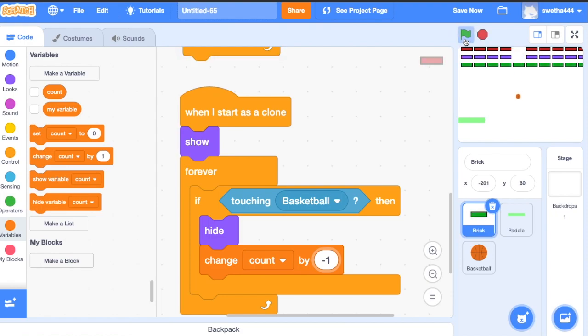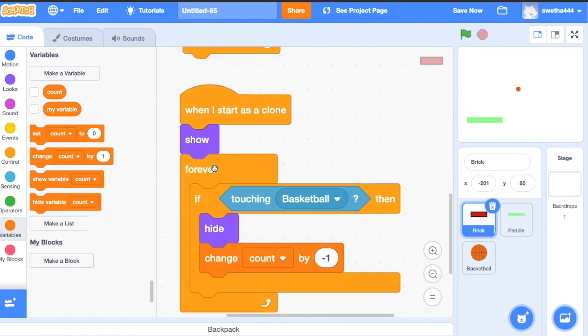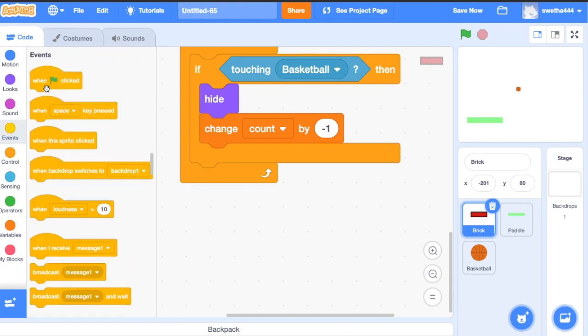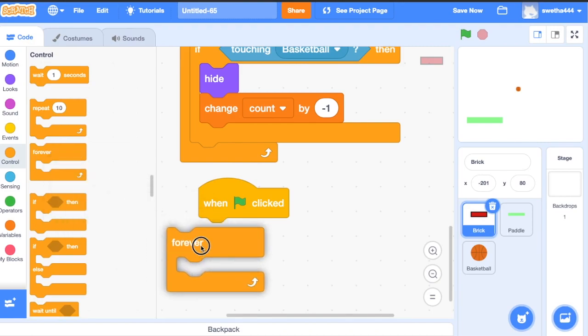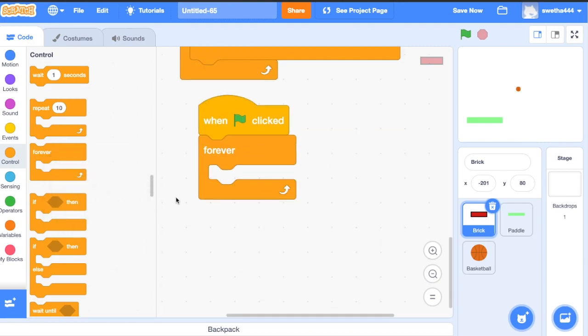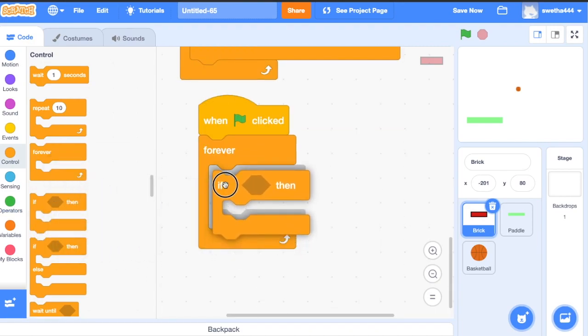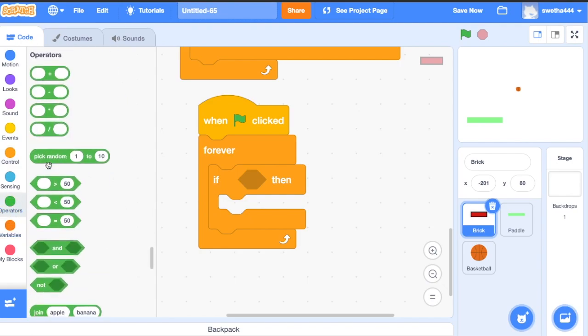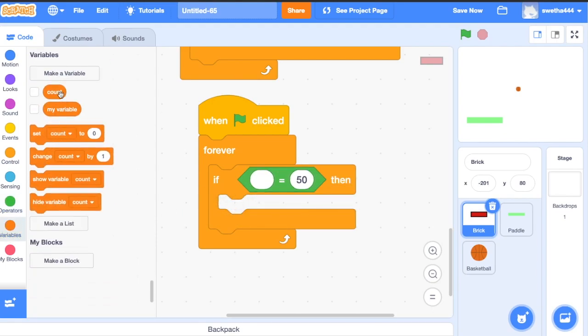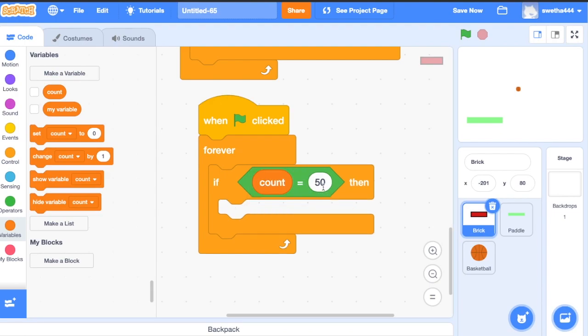Okay. Now, click on events, drag when green flag clicked, click on control, forever, and drag the if condition. If count is 0, what happens? If count is 0, then it indicates all our bricks are hit by the ball.